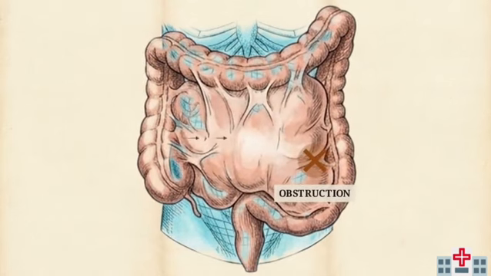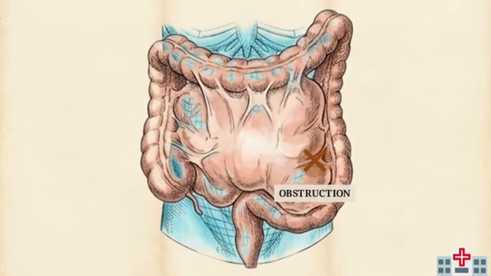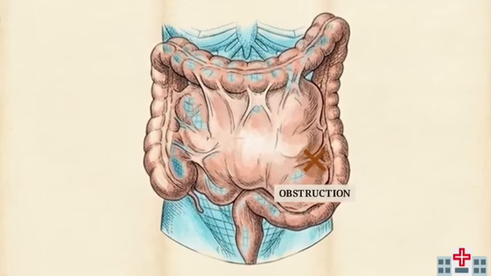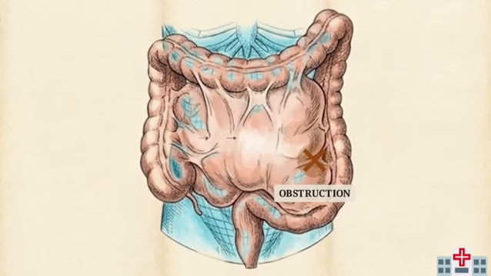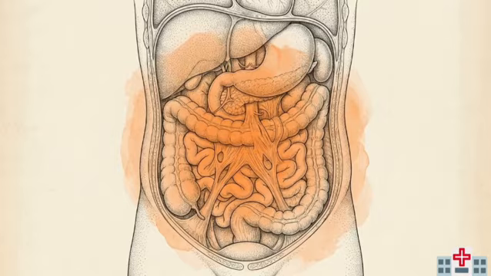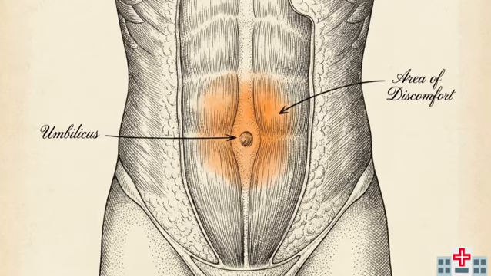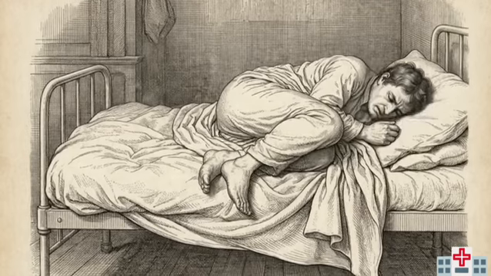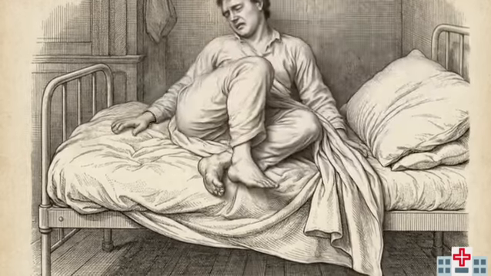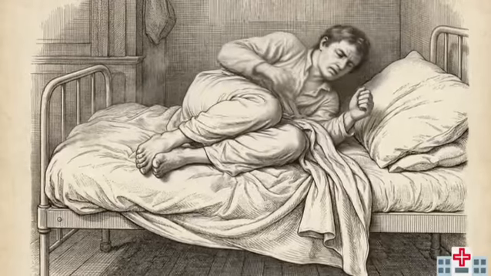It is classically intermittent, cramping, and colicky, rising and falling as the bowel attempts to force its contents past an obstruction. Unlike the pinpoint accuracy of parietal inflammation, this visceral pain is poorly localized, often presenting as a vague, diffuse discomfort around or above the umbilicus. Lacking the strict tension sensitivity of peritonitis, the patient with an obstructed viscus behaves entirely differently.